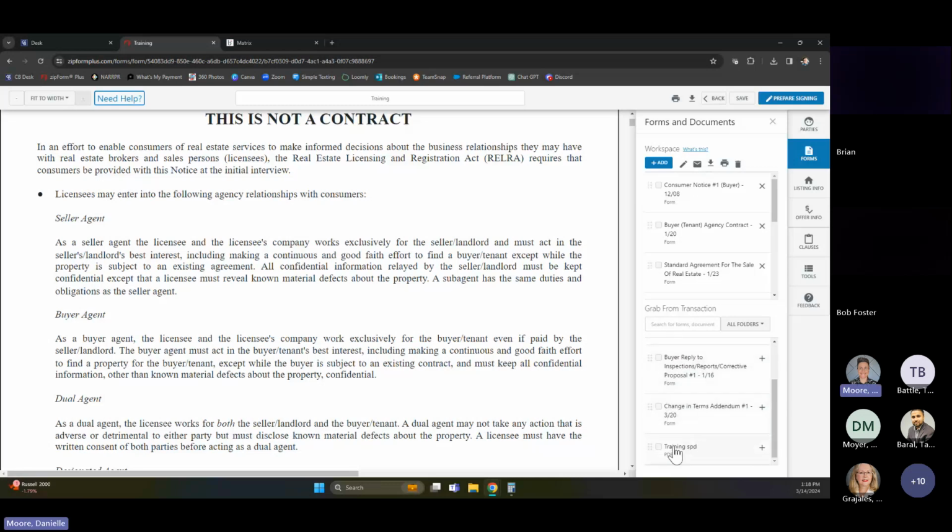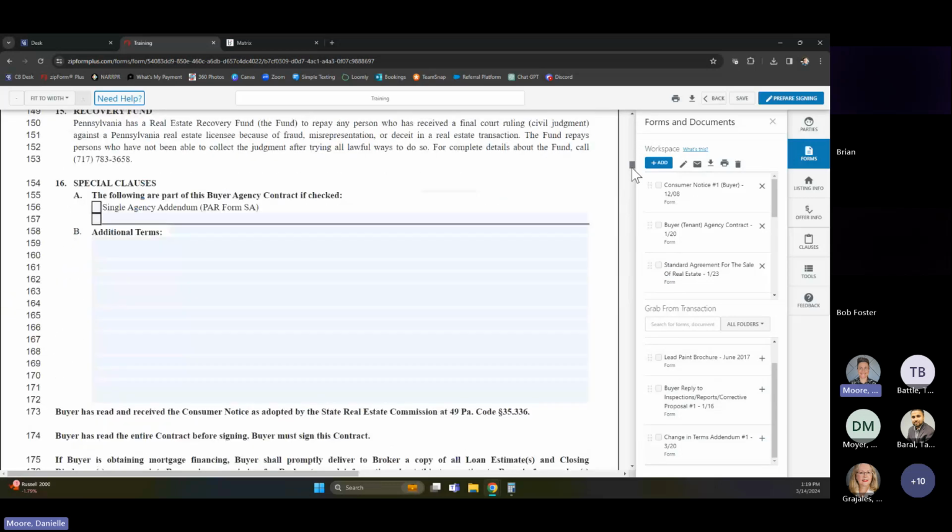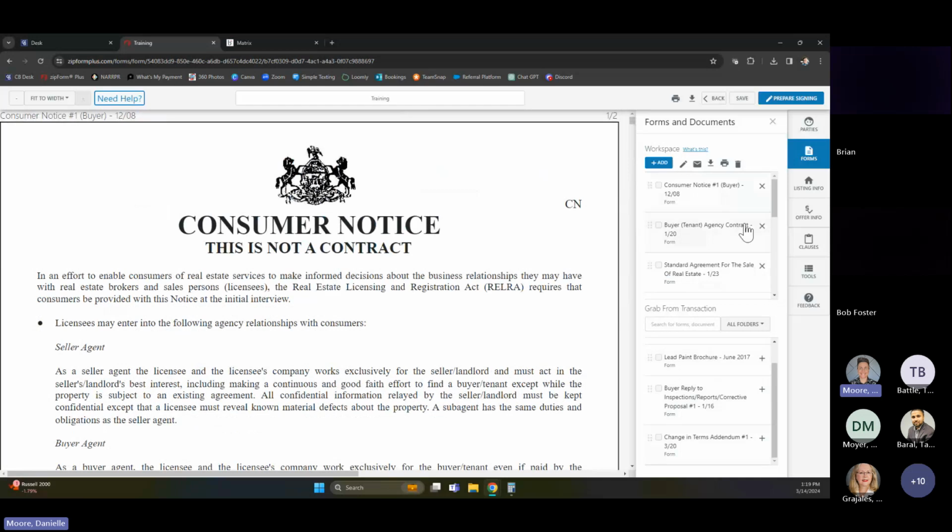We don't need these yet. And then down here, anything you uploaded is going to be all the way at the bottom. So training property disclosure. So as you see, all of the forms are in here, right? So if you want to reorganize anything that's up here, so again, this is your workspace. It's listed as such up here. This at the bottom is everything that's left in that transaction section with those forms that you haven't already added